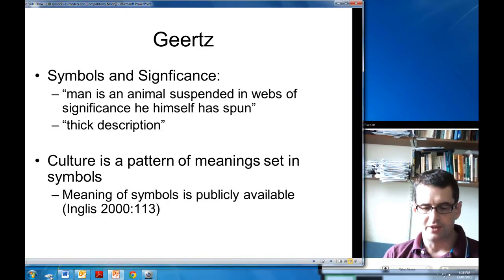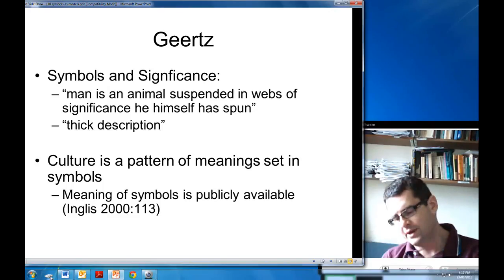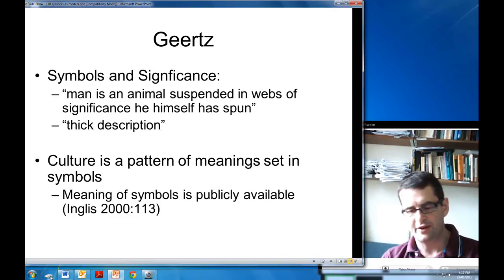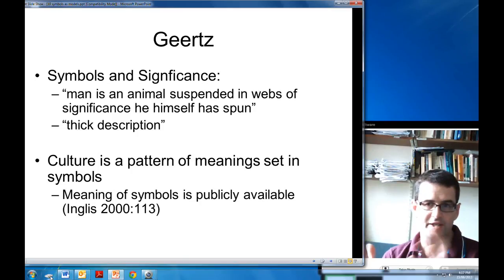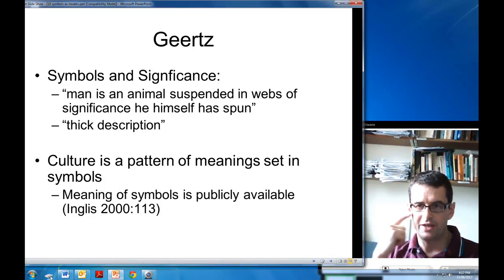So an anthropologist looks at the way an Al-Qaeda supporter might look at that reality, as opposed to the way an American firefighter or an Australian or whatever would associate themselves to that, and tries to get into a very thick description. A thick description is just like this. You can see what my eye is doing right now. You can say, oh, that's just the eyelids contracting, two eyelid muscles contracting, and the two eyelids meet. That would be a thin description.